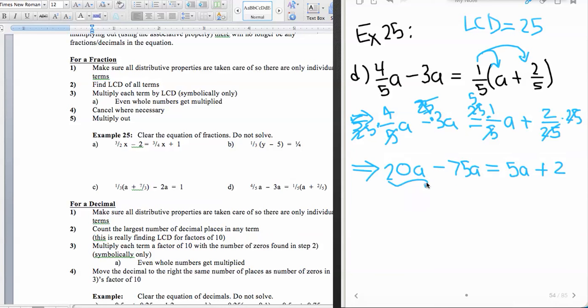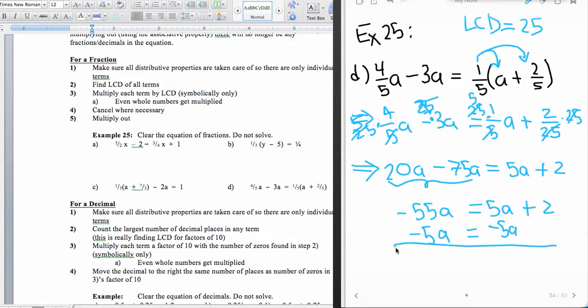We'll combine the like terms over here on the left. So 20 minus 75, which is a negative 55a, and that's equal to 5a plus 2. Again, get our variables together. So we'll move the 5a to the left by adding its opposite. And now we have negative 60a is equal to a